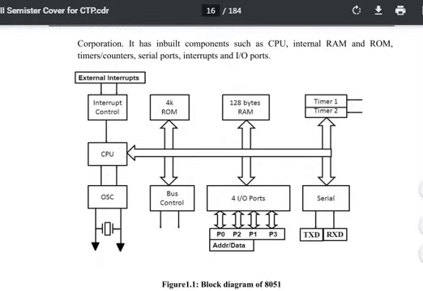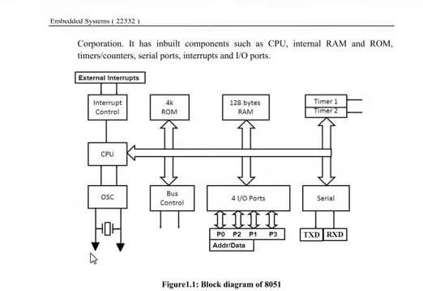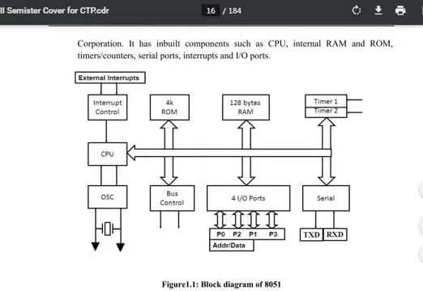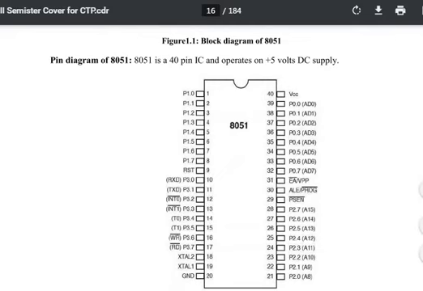The serial communication is done by 2 signals, that is TXD, transmit data serially, and RXD, receive data serially. The oscillator is used for giving oscillating frequency to the devices used in the microcontroller. It uses a quartz crystal oscillator between the X1 and X2 pins of the microcontroller, and it generates 12 megahertz frequency, but exactly it is 11.0592 megahertz frequency.